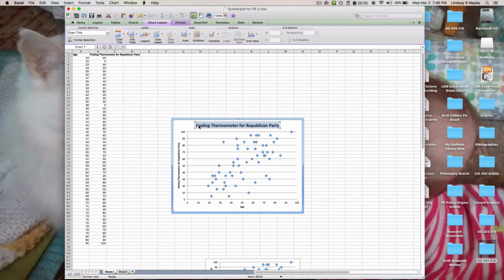We'll say feeling thermometer for the Republican Party by age, right? And then look, we have a beautiful little scatter plot. All we need to do here is copy it and then place it into whatever document we are producing, and then we have a nice pretty chart for our